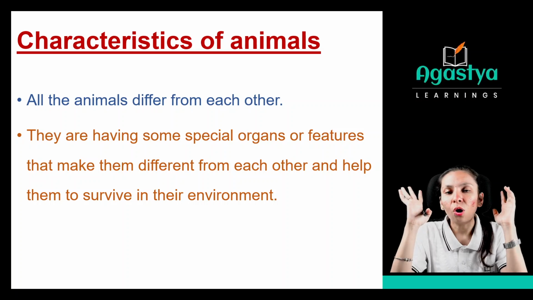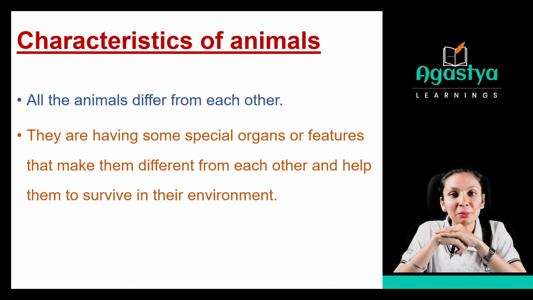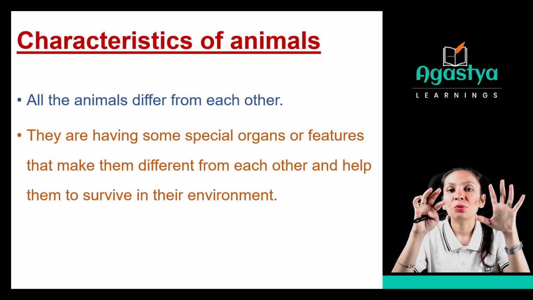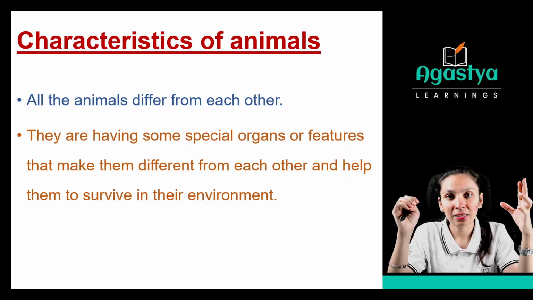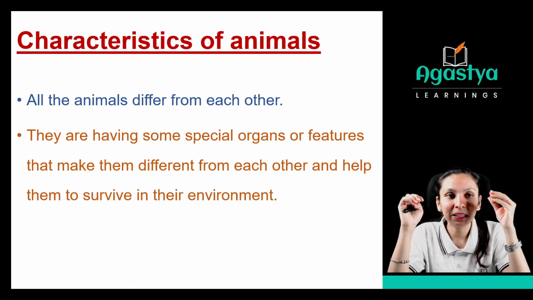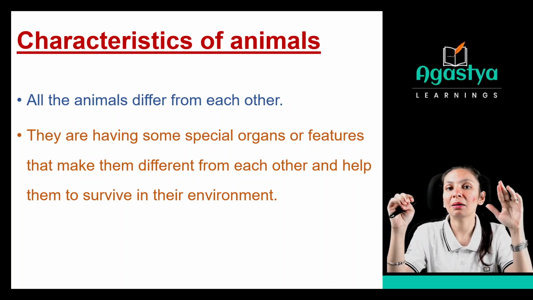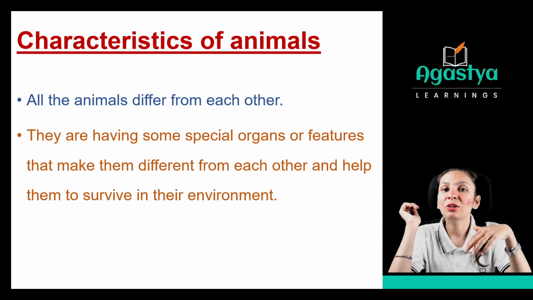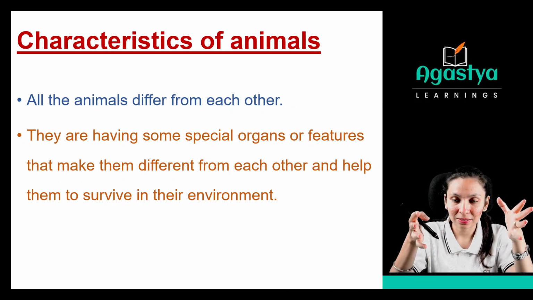Just imagine all the animals were living on the land. Then there would be some shortage of land to live, right? For that purpose only, different animals have different characteristics, so that some live in the water, some spend most of their time in the air, and some live on the land. So they are specialized for different characteristics.